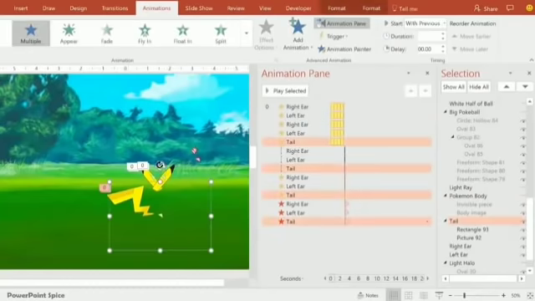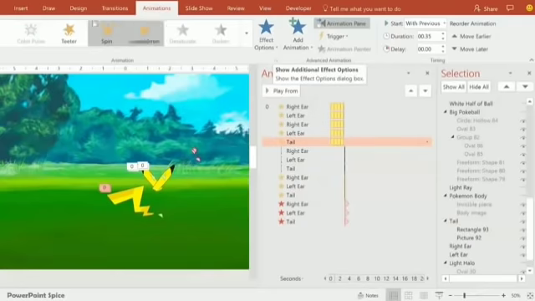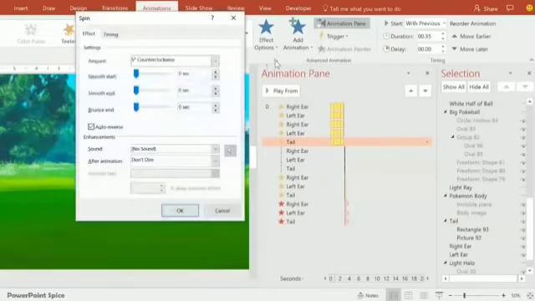When you're moving this, it'll actually spin on the middle here, as opposed to spinning on the middle of the tail. And again, if we go into the animations for this, you can see that it's a spin effect, and it's 5% counterclockwise. It doesn't really matter if it's clockwise or counterclockwise. And then the key here is that we have an auto reverse built in here. So that way it goes 5% counterclockwise and then comes back to create that kind of subtle tail wagging effect,